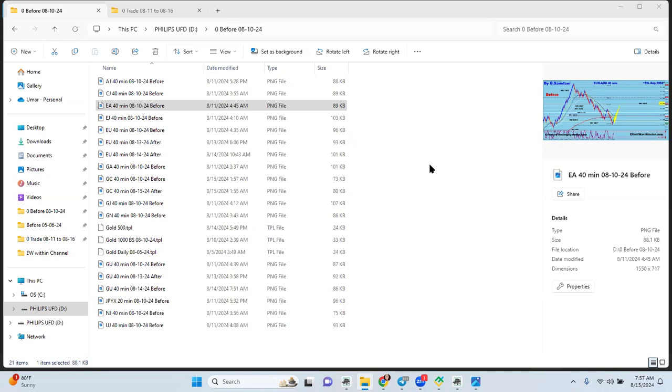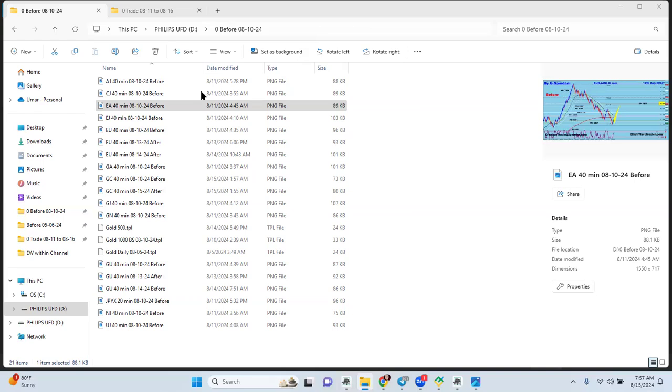I'm making this video about some of the setups that I made over the weekend, last Saturday and Sunday. So let's get started here. These are the 40-minute chart setups. You can see AJ 40 minute, CJ 40 minute, EA, and all of the EUR-USD 40 minute, right? And these are the ones that are dated on